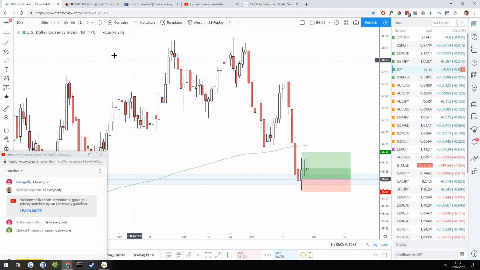DXY, again, this is a CFD. Well, it's not a CFD, but I think in the UK, it comes under the CFDs category in brokers. So I'm not sure if Americans can trade this, but it is the dollar index, so surely Americans can trade it. Are there any Americans here